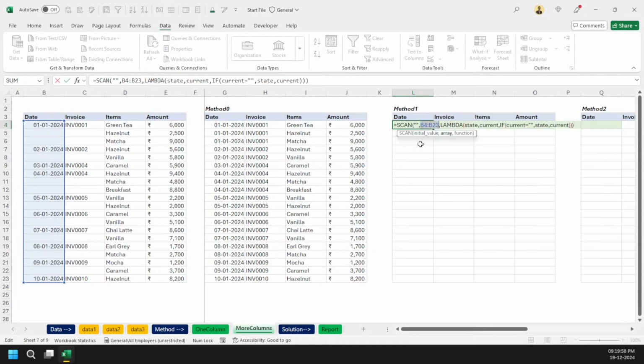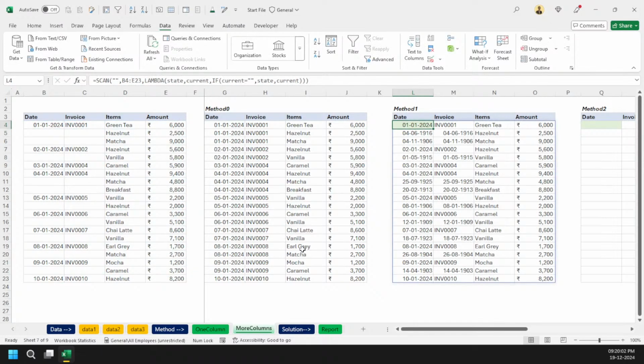I'm coming here, I'm selecting all my columns, and you will see something odd here, right? So what is happening? The reason is that the scan function actually loops when you provide more than one column or row. How will it do it? First it will go here, then here, then here, and finally the last column. Then it will come here for the second row and start here: 5, 6, 7, and 8. So that's how the scan function works.